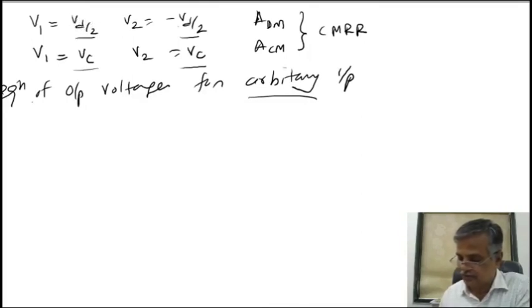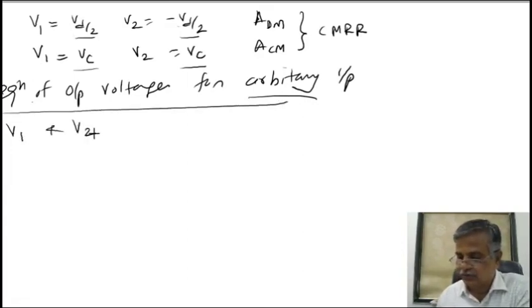The meaning of this is 10 millivolt, this is minus 10. This is 2 millivolt, 2 millivolt. Arbitrary means if this is 10 millivolt, this is minus 7. This is 3 millivolt, this may be 7 or this may be 8. So for arbitrary, what is your output equation that I am writing? Let us suppose that you are giving the input V1 and V2 to the transistors Q1 and Q2 respectively.